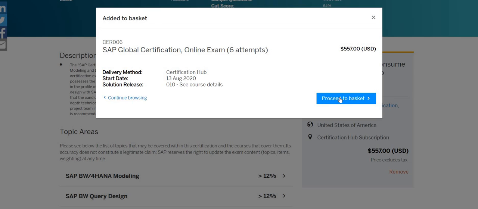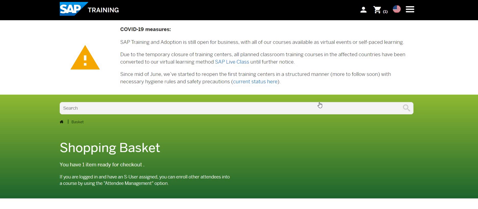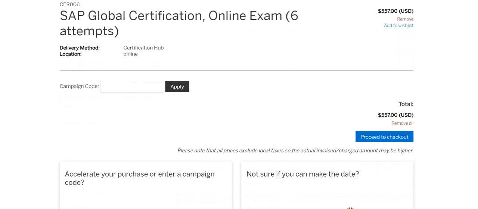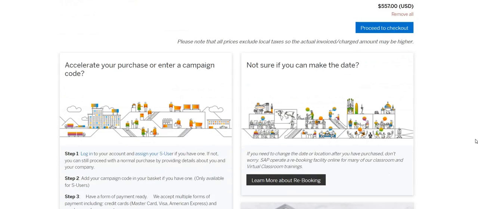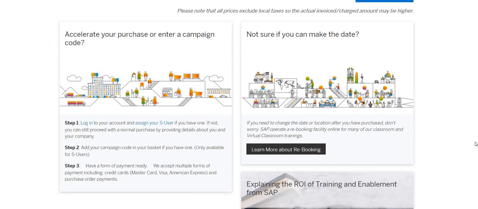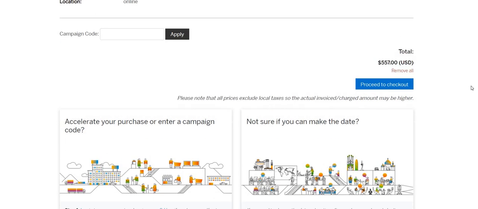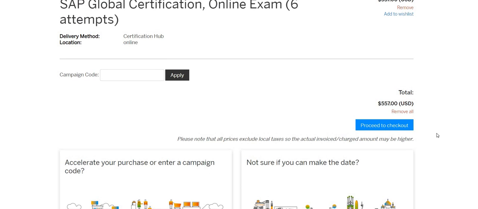Then normally you have to proceed to basket and purchase the way you do any kind of checkout. In order to buy that, there are options like step 1, step 2, step 3. Step 1 means you need to have a user ID for that. Let me show you that. If I just click on it,